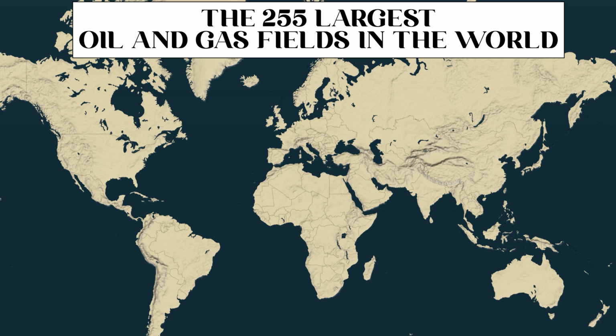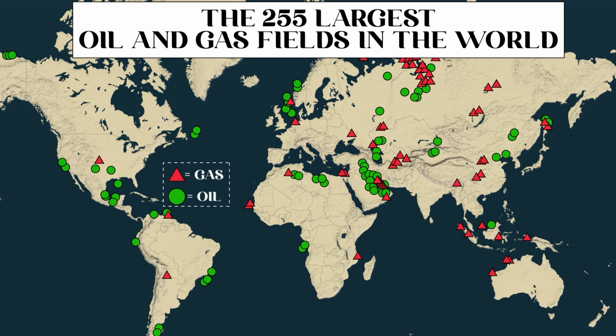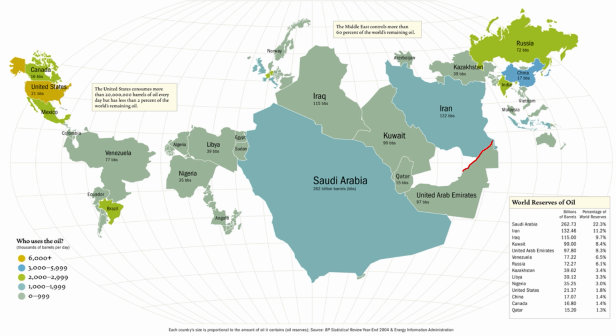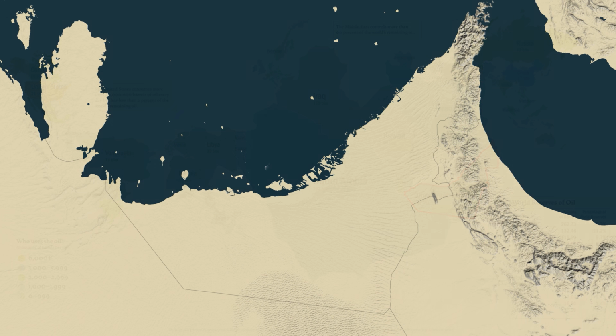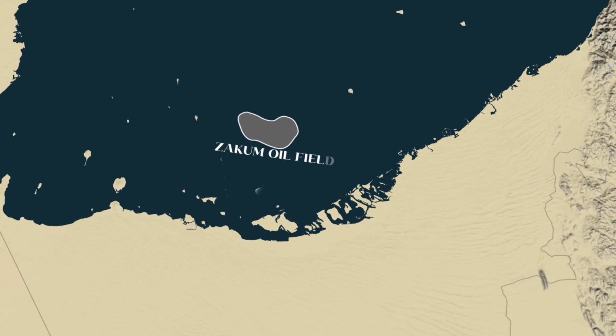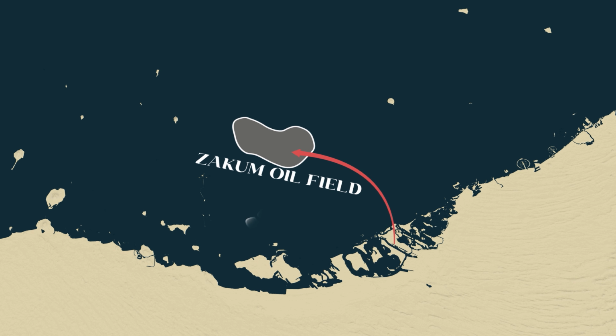Looking at the geographical distribution of global oil reserves reveals just how fortunate the Emirates are positioned on the world map, with nearly 6% of the global oil reserve being contained in the 0.05% of the global land area that the UAE occupies. Most of the oil is located in the Zakum oil field, approximately 80 kilometers offshore of the capital Abu Dhabi,